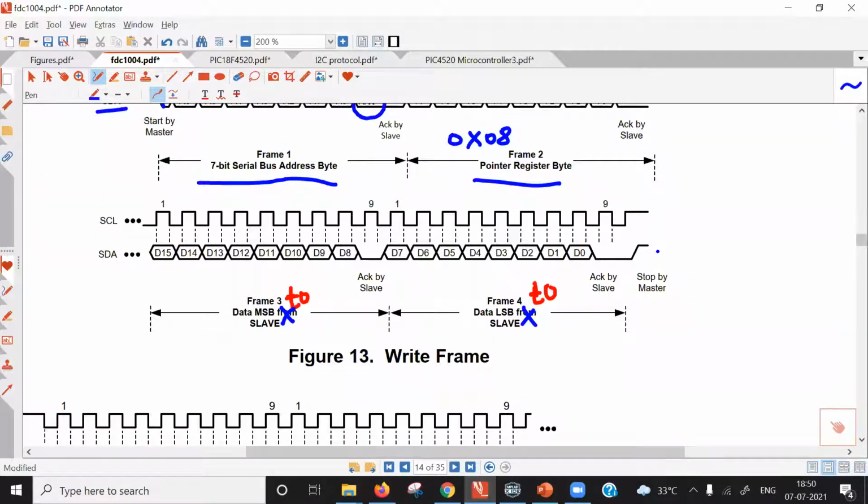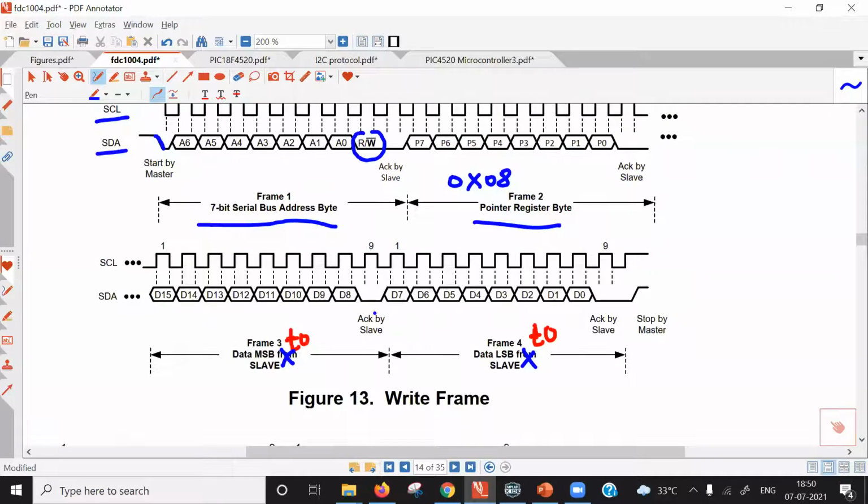And you will see that here each time when slave device receives complete 8 bits, it gives acknowledgement. And how is acknowledgement given? Slave device pulls down SDA pin after receiving 8 bits. So each and everything is discussed here. Start by master, acknowledgement by slave every time, and then stop by master. So this data transmission is terminated by master. There is one bit used for this purpose.